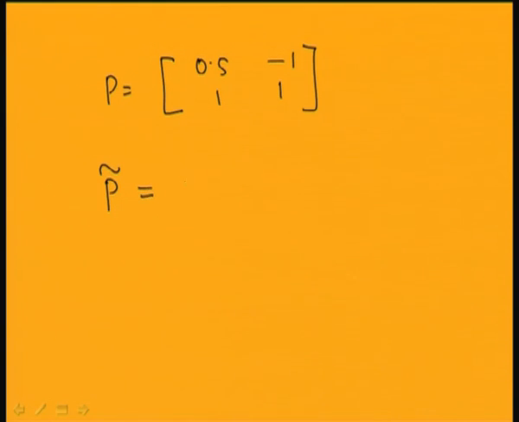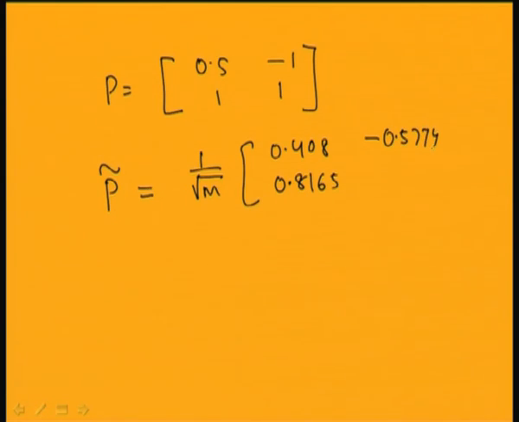The weighted modal matrix is equal to 1 by root m times 0.408, 0.8165, minus 0.5774, 0.5774. This is the weighted modal matrix, and now to find the response of the system I should pre-multiply